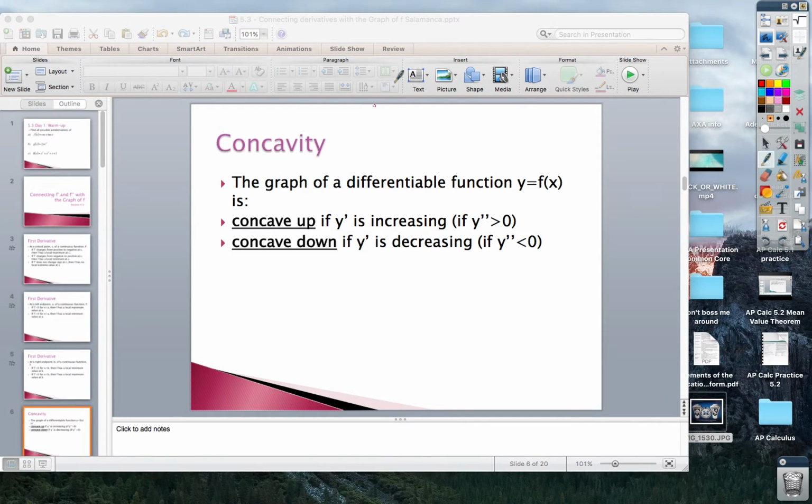Now concavity is really important. It tells us if a graph is going upwards or downwards. So we'll take a look at some of these graphs. Actually, let's do one really quick right now. If I make a graph like so,